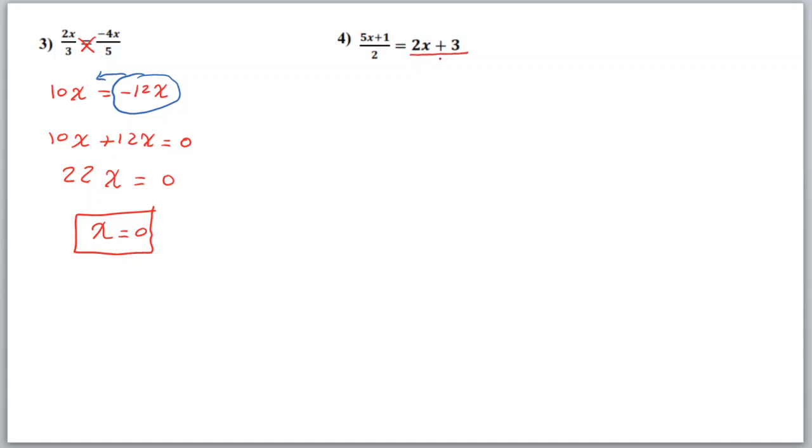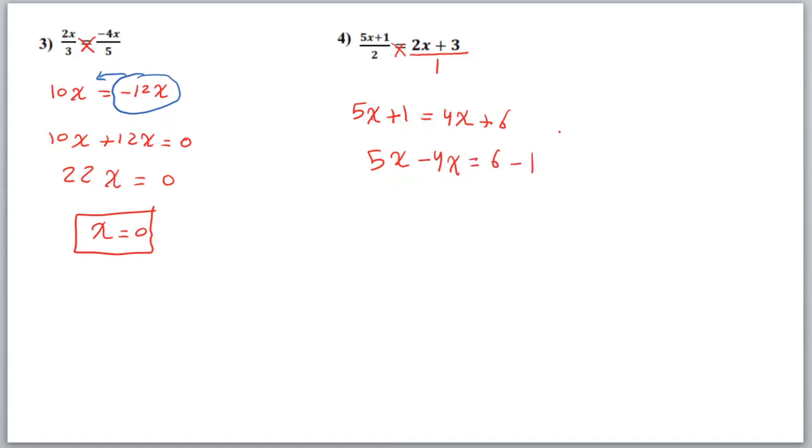Number 4, we have fraction to the left but no fractions to the right, so we write it over 1 like this and we solve. So it will be 5x plus 1, okay, equal 2 times, we do cross multiplying like this, so 2 times 2x plus 3, so it will be 4x plus 6, then 2 multiplied by 2x and by 3, so it will be 4x plus 6. And then we do collect all variables to one side,